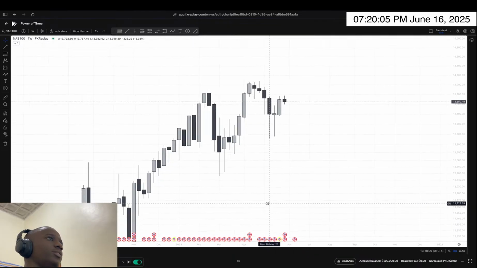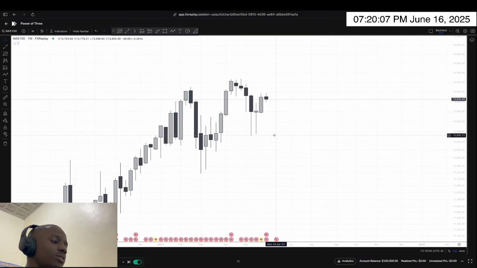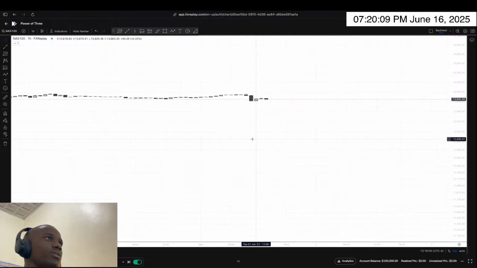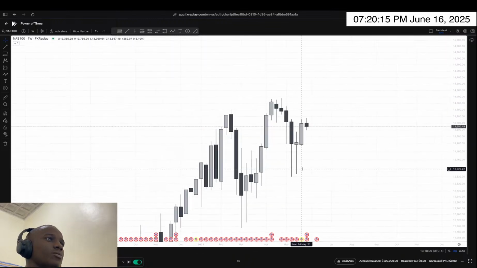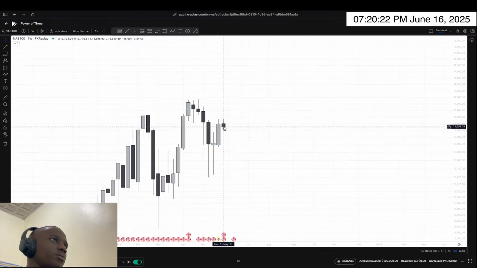What I want to see here is, first off, we're on the weekly. What day are we at? One hour. We're on Tuesday. Good, which means the week has just started. So this was Monday. This is how the week started. You can see it pushed higher, then dropped a bit. It's currently in negatives, on the downside, yeah.